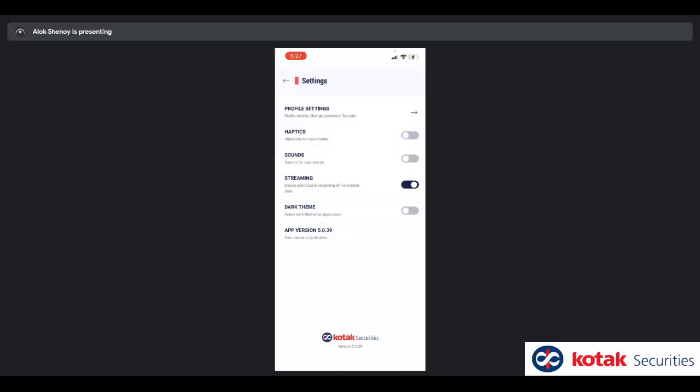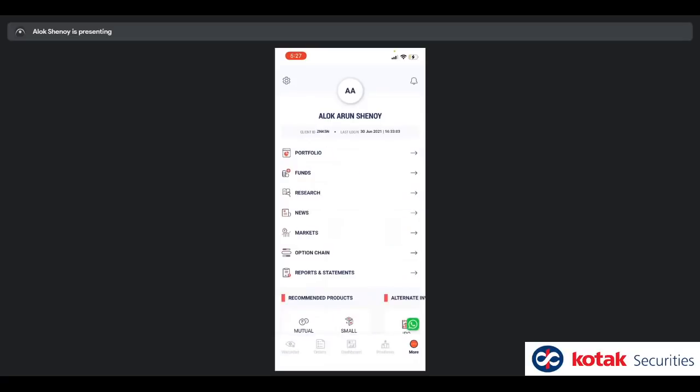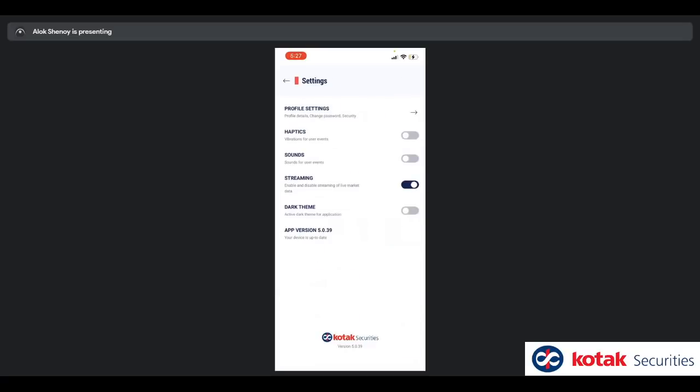App version: we are showing the app version here, which comes in handy if you call customer service. We also show it in the More menu, right at the bottom here. This is essential if you're coming for customer service queries. At the same time, if an update comes to the app, we show it here as an update button. It's not there right now because we've not pushed an update, but an update app button will appear here and you can update the app from within the app.